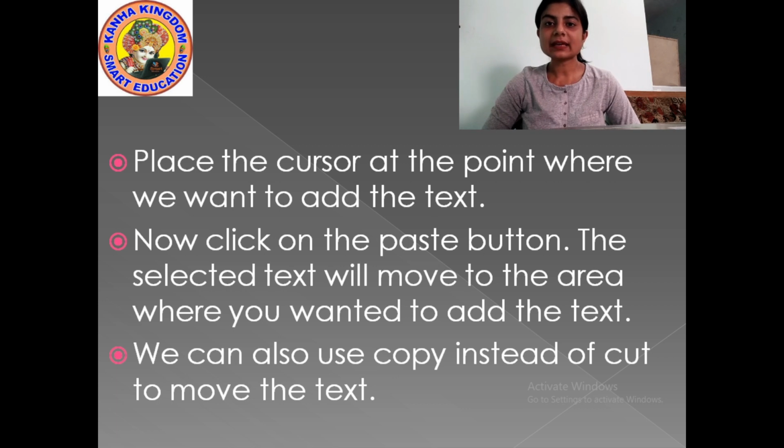Then after bringing the cursor to that particular area, you just click on the paste option. The relevant text that you have cut from the previous portion will be pasted in this section where you want it. Okay, now